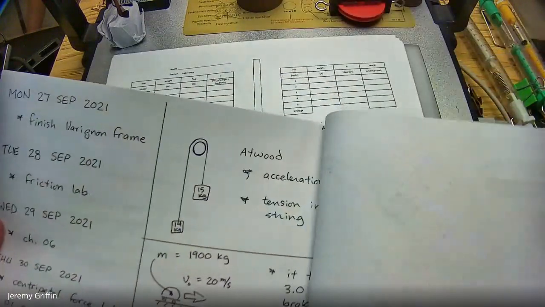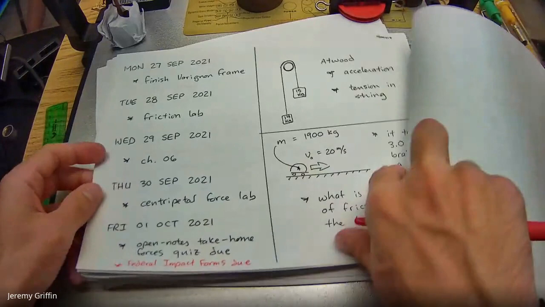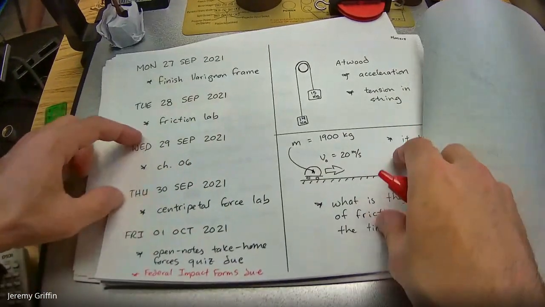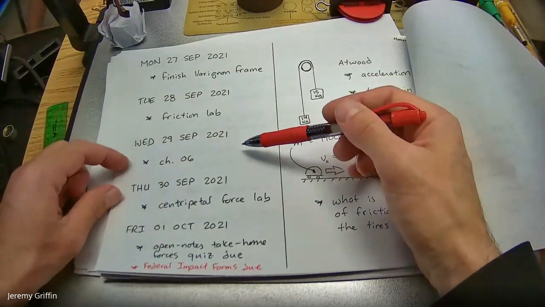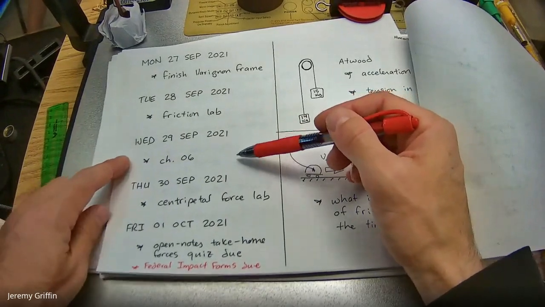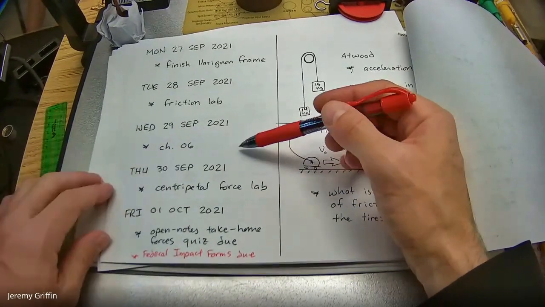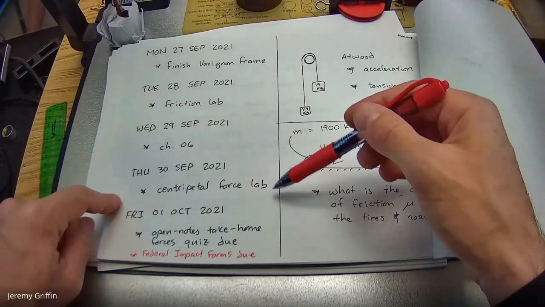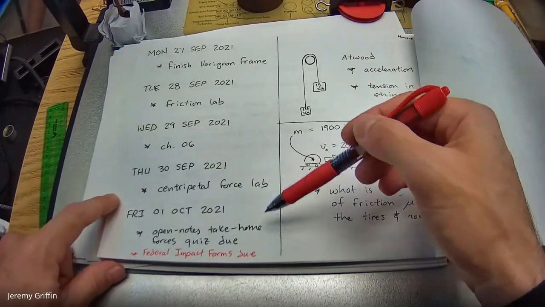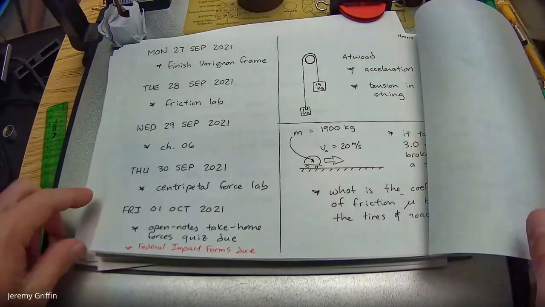But I do want to remind you guys where we are in the context of the week. Yesterday you guys did very non-frame. Today is going to be friction lab. Tomorrow I'll debrief the lab with you guys at the beginning of class. Then we'll solve some problems in the textbook. I'll tell you guys context of that tomorrow. And then we'll finish off the week, Thursday, Friday, with a centripetal force lab, which will lead into the next